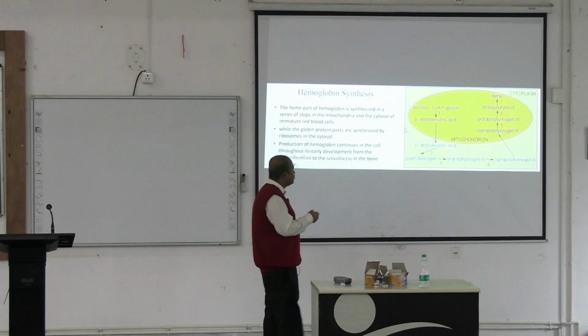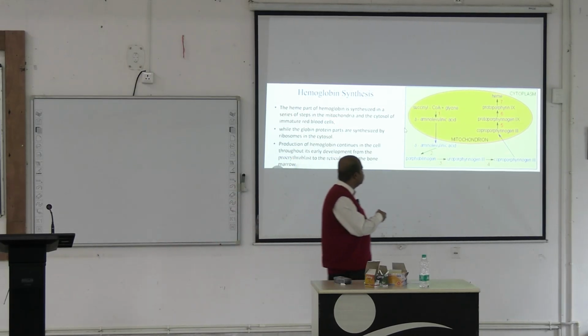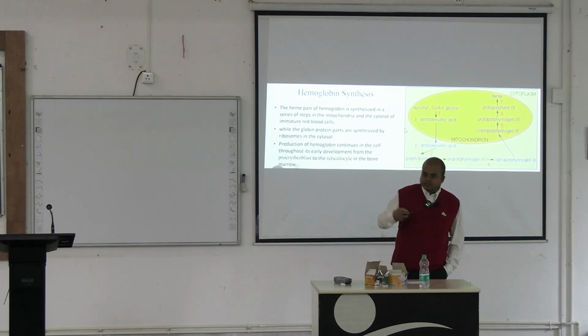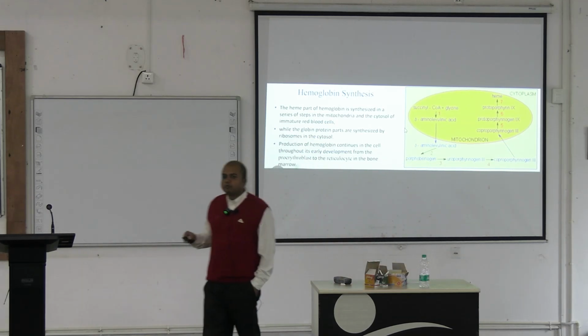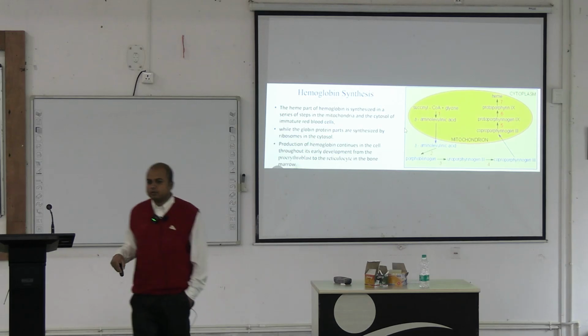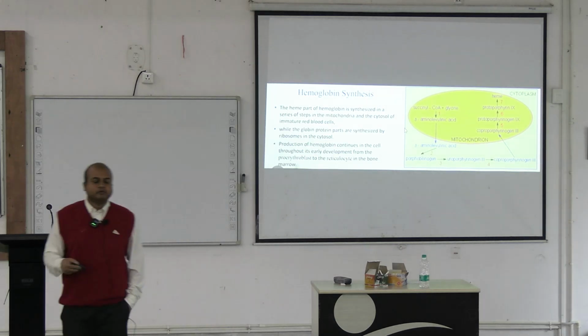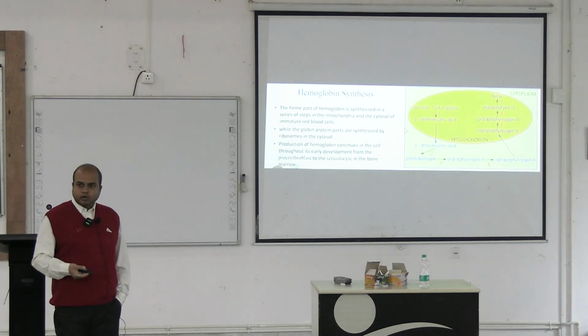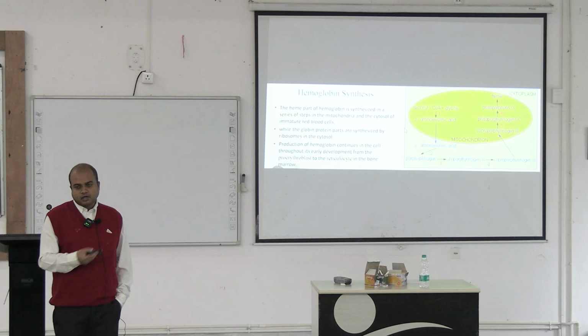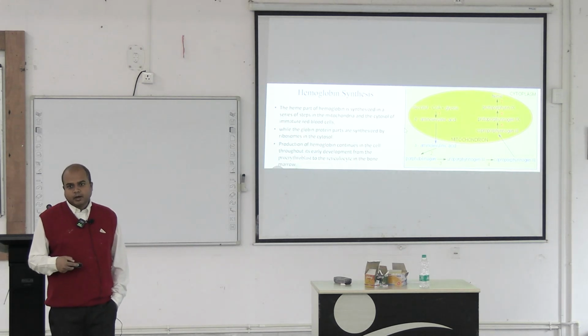This is the synthesis of heme: again succinyl CoA, glycine, delta amino levulinic acid, that comes to the cytoplasm. After that the uroporphyrinogen, coproporphyrinogen, these structures you will read in biochemistry, also it will be discussed in biochemistry. And this coproporphyrinogen again goes into the mitochondria, the last final steps are again in the mitochondria of the